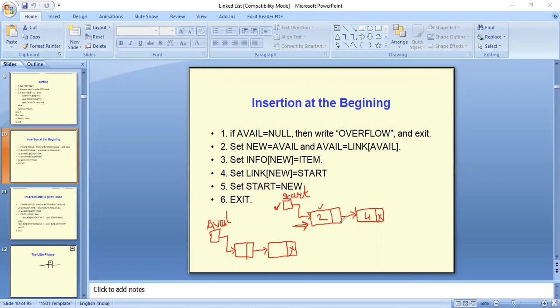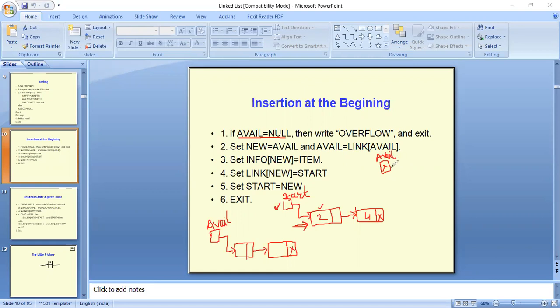So for that we need to check here. Firstly, let's begin with the algorithm. Firstly, we have to check for aval equals to null. If aval equals to null, that means we don't have any node available which can be used to insert our element.